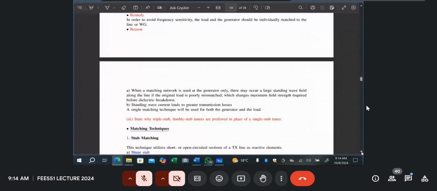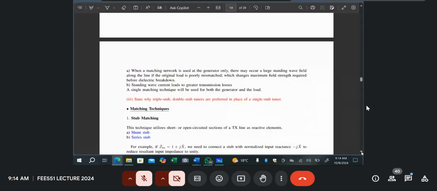Okay, so when a matching network is used at the generator only, then there may occur a large standing wave field along the line if the original load is poorly mismatched. Now, standing wave here is like, okay, because the input signal is coming in with equal energy and reflected the same way, you'll form a standing wave. There's a spelling mistake there, so we change it. It is the maximum field strength which is required before the electric breakdown,